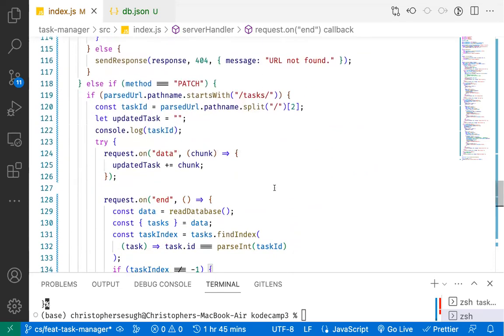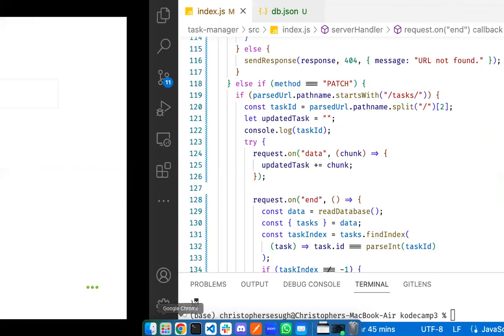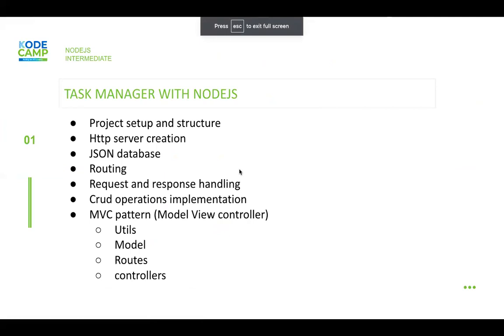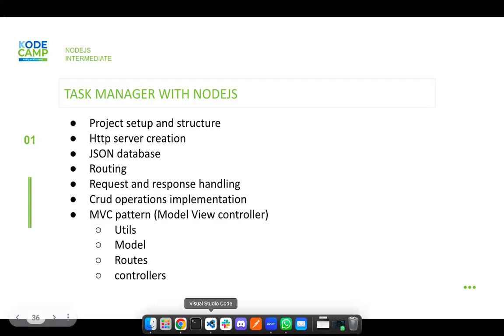And then we're also going to be implementing our MVC. We complete our CRUD operations implementation, then we implement our MVC pattern. We move each file to where they belong. We create a model, routes, controllers, and then you choose MVC, model view controller. But in Express or in Node.js, we don't have the view here. The view is simply where the user is controlling the application,